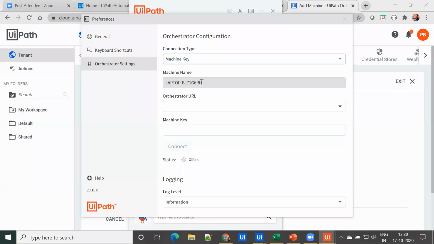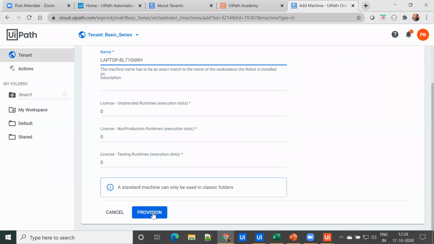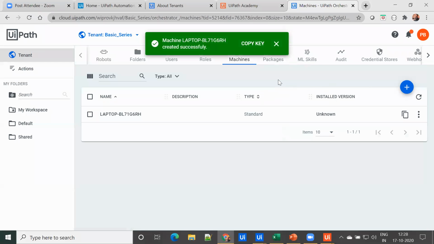From here, I get the machine name. I paste it here and click on provision. You can see that the machine has been created successfully, and the type is standard. So our machine has been created.